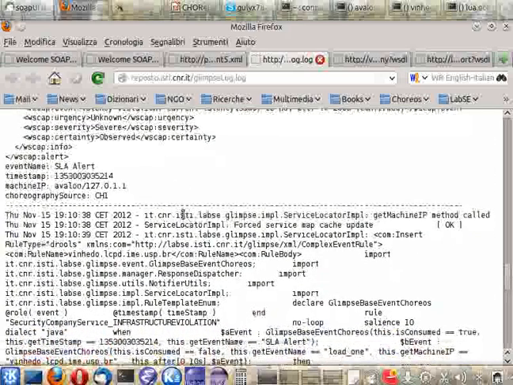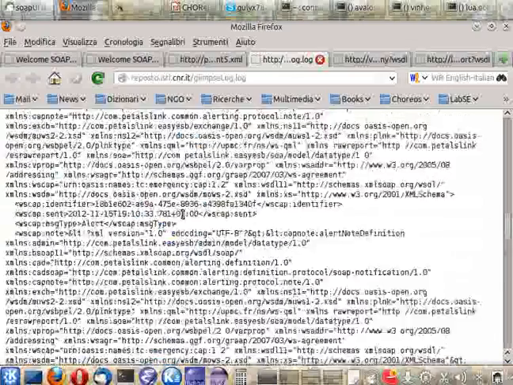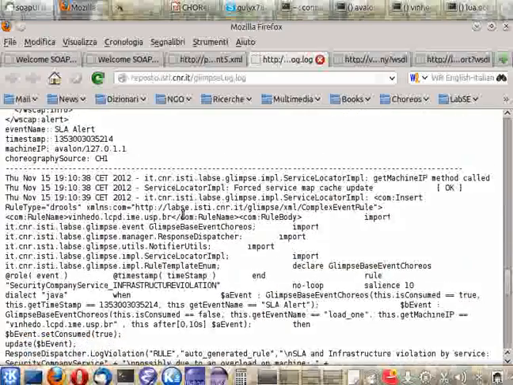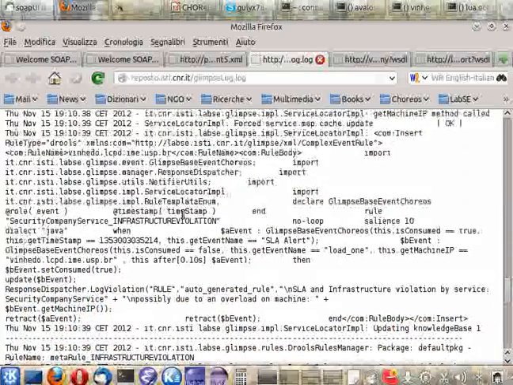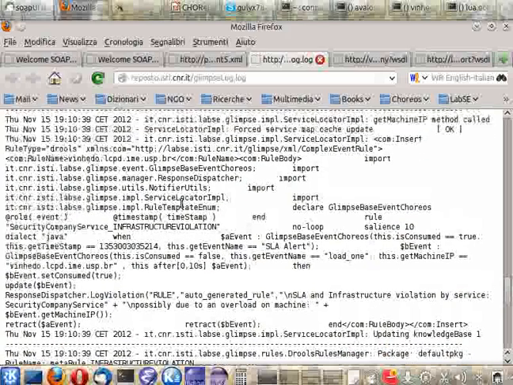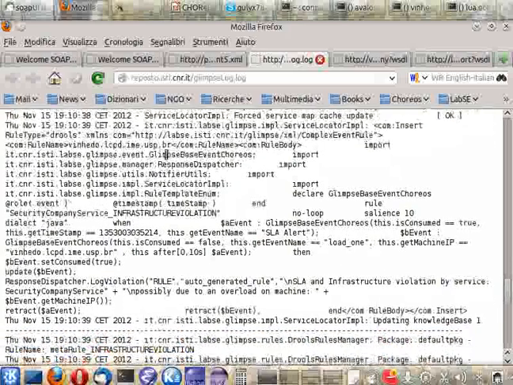Now what's happened is that the CEP, in front of this SLA violation, automatically generated a rule that is able to detect a violation coming from the infrastructure. So you can see here that a new rule has been updated in the knowledge base, and this is actually the body of the rule.